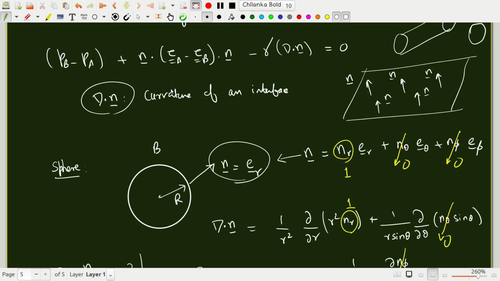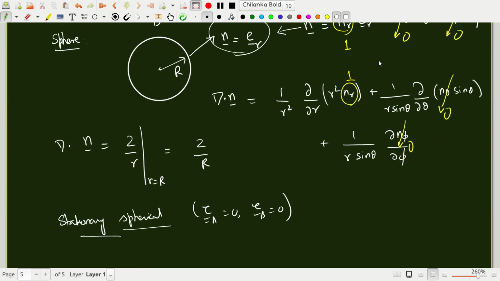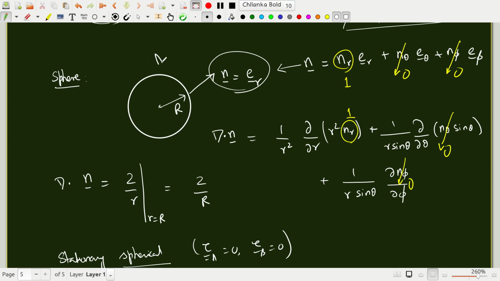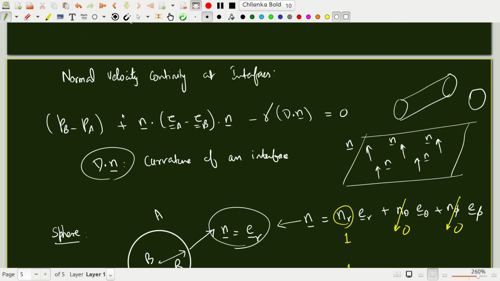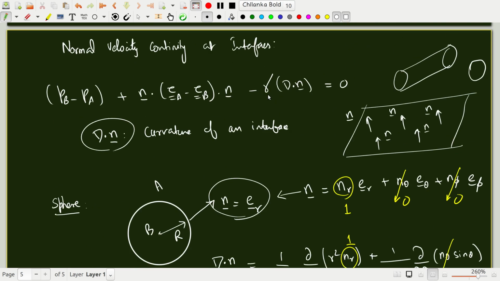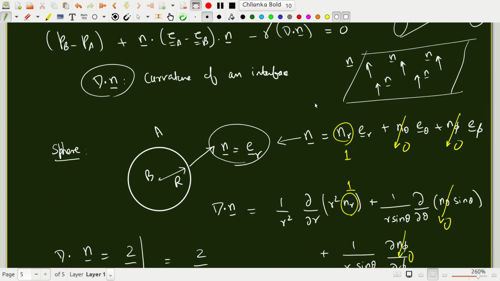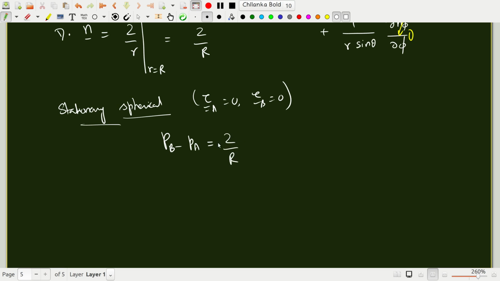What is B? In our convention, this is A, and this is B. Okay, and PB minus PA is equal to, if you have a look at this expression, this is 0 for a stationary drop or a bubble, so minus gamma times 2 upon r is 0, or PB minus PA is 2 gamma by r. This is the celebrated Young Laplace equation